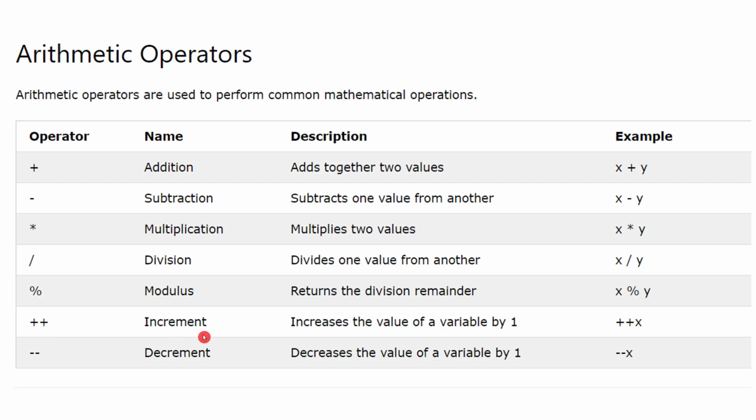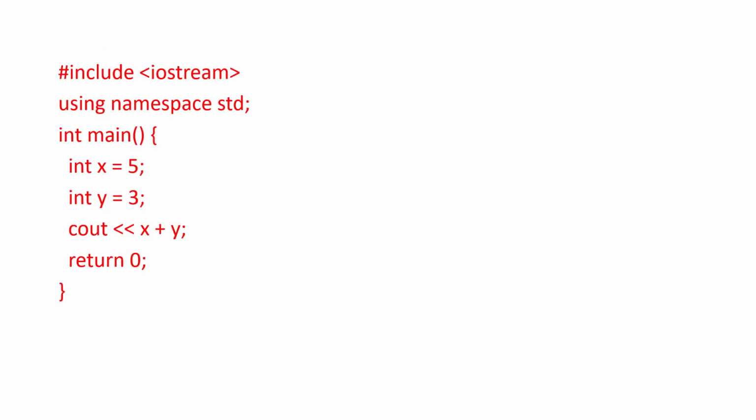Then you have the increment operator. It increases the value by 1. Suppose x is equal to plus plus x. Then, if the initial value was 5, then the new value will be 6. It's equal to x plus 1. We have decrement operators. So the value is decreased by one, where the value means the unit value 1.